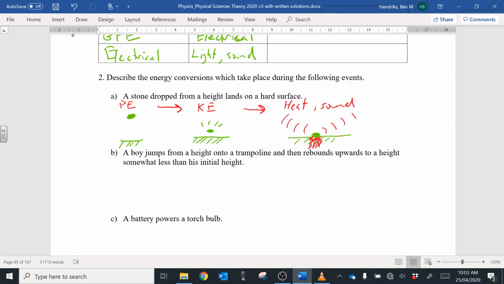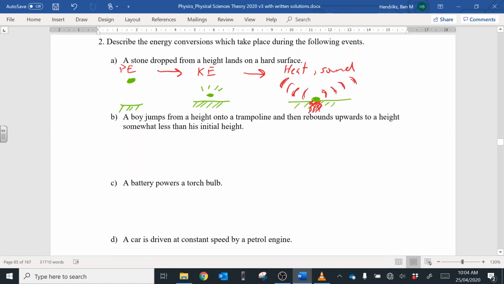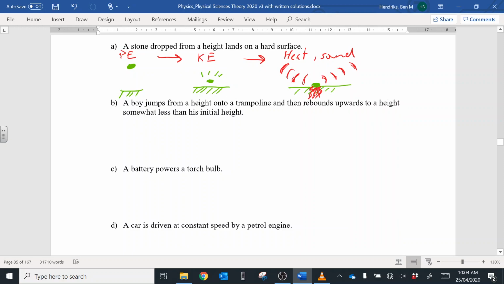So what is sound? Sound is the vibration of air particles. That's why I've drawn these little lines in here. It's actually vibrating the air. And it said in our notes before that sound actually ends up being heat as well, because it's just a movement of particles. So sound is a form of that as well. So that's what heat and sound is. If you're wondering, you shouldn't have to explain it to that level in this course.